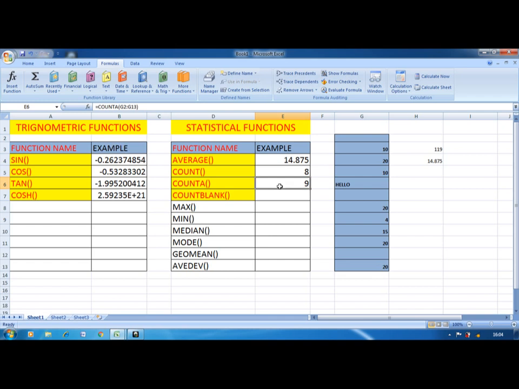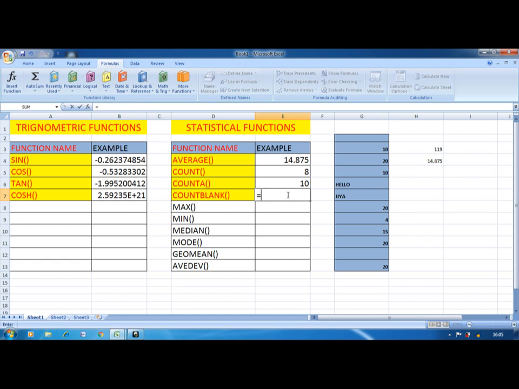And for this one, again COUNTA G2 to G13, it counts the number of cells which consist of either numbers or text. Again, I will add one more name here. See, for COUNT it doesn't change. It will be 8 itself because COUNT counts the cells consisting of numbers, and COUNTA is used to count the cells which consist of either text, numbers, or dates.